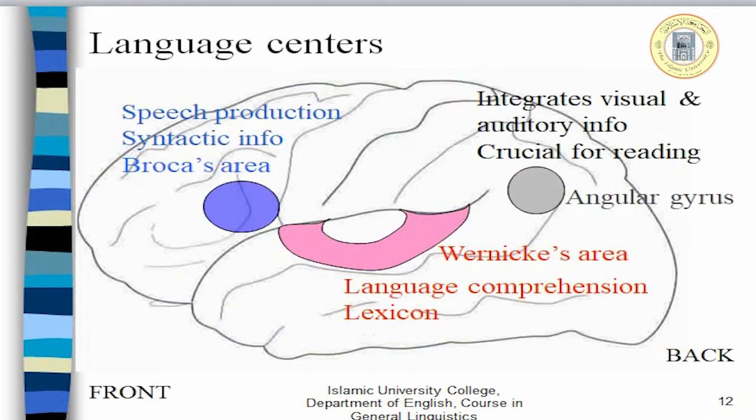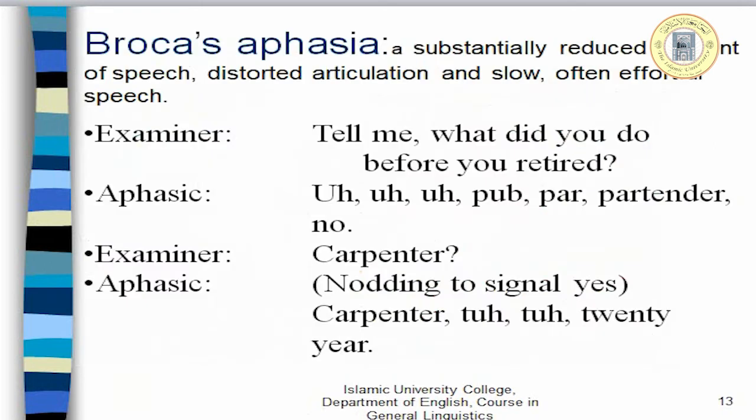Let's start with Broca's aphasia. Broca's aphasia is a substantially reduced amount of speech, distorted articulation, and slow, often effortful speech. Now, if we take this example, it is a good illustrative example for this disorder. The examiner sometimes asks the aphasic a question like this: tell me, what did you do before you retired? Aphasic: